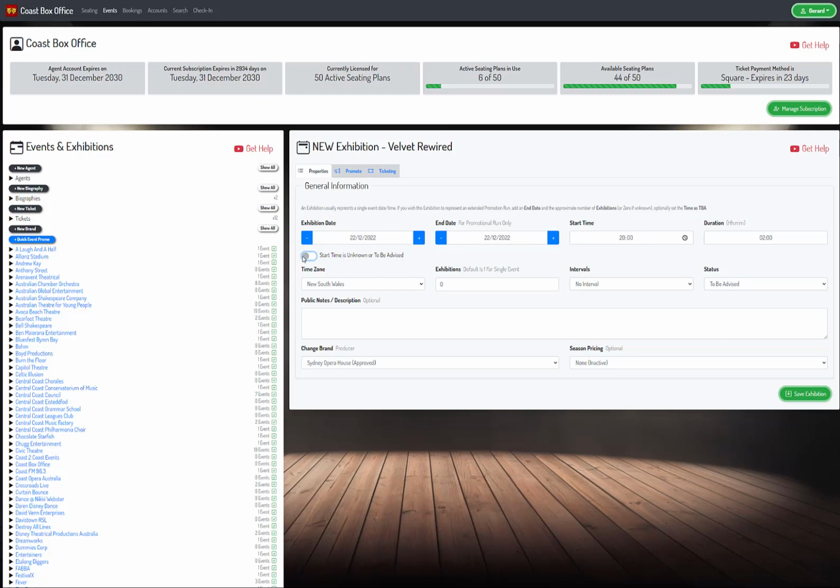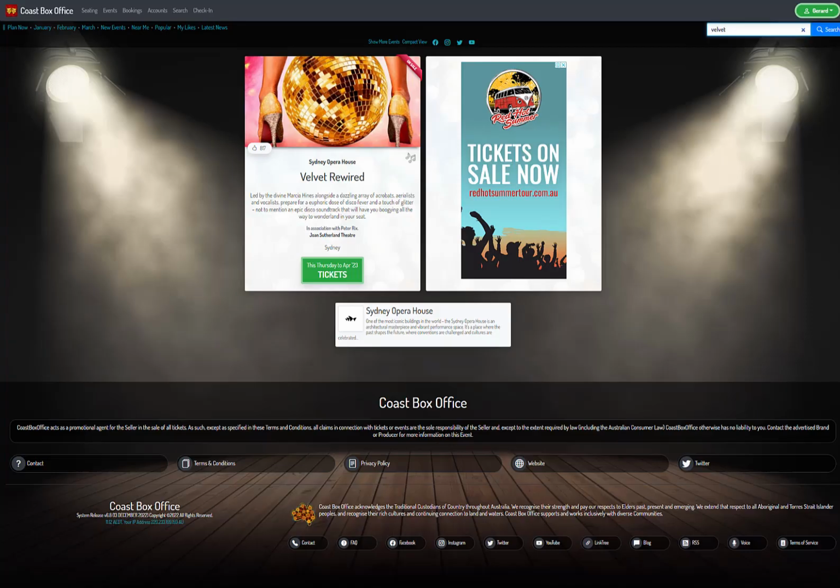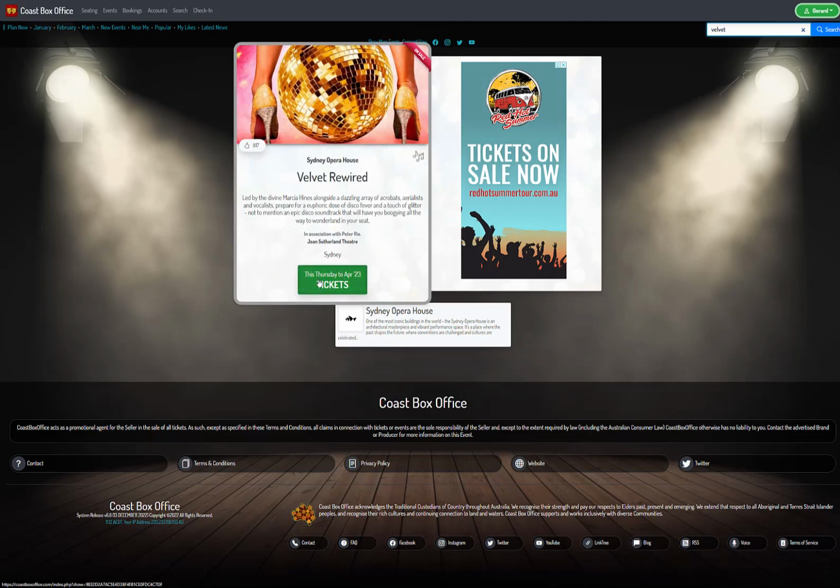Each exhibition had to be a single date and time, but now we can create a virtual exhibition which is just for a range, and that's how it shows up in the system here. We can say it's going from this Thursday through to April 23rd, and that date range covers both exhibition runs, both venues. It says Sydney Opera House and Joan Sutherland Theatre, but as soon as we finish the first one, this information here will